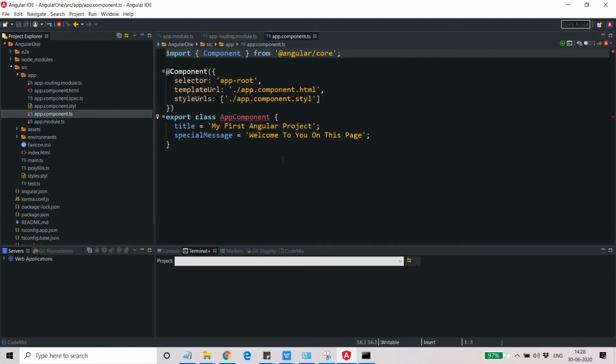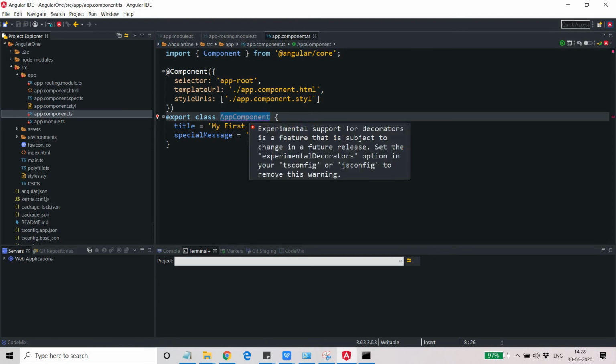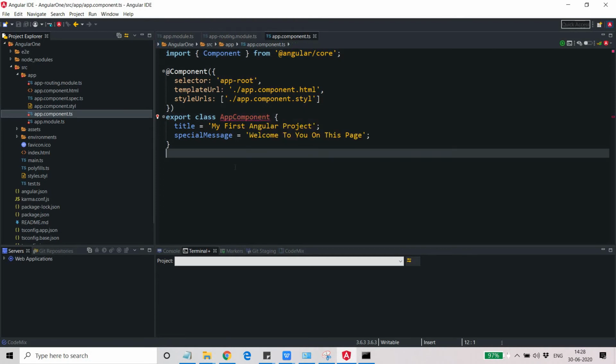The browser window where you are able to see any form on your HTML page. All those actions, how it needs to respond, all these things are taken care of by the component itself, right? So this component class is the app component class, which is the main component class, and the basic component class which is used for the entire application. The base class is the app component class, right?